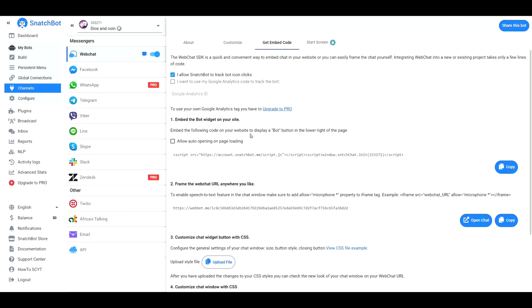Now what we would want is to enable the bot to be displayed on our website. So we tick this checkbox and then let's copy this script. So this is the script that I want. So we'll copy this. Now let's head back to the WIX website editor